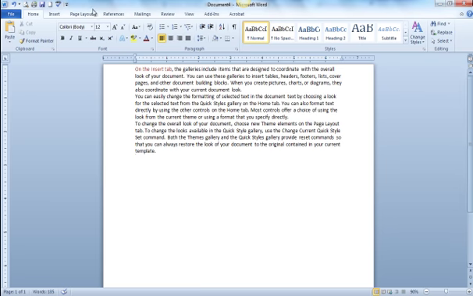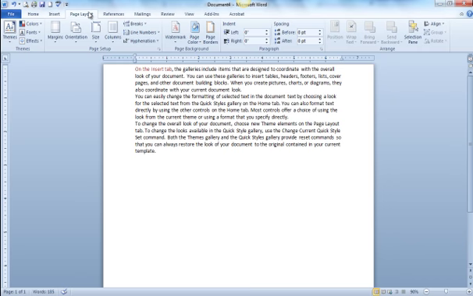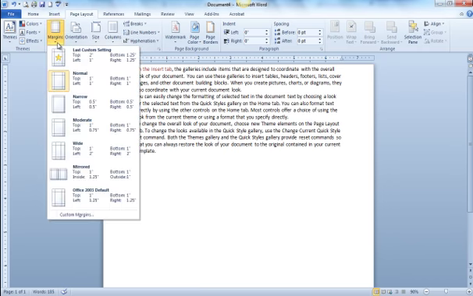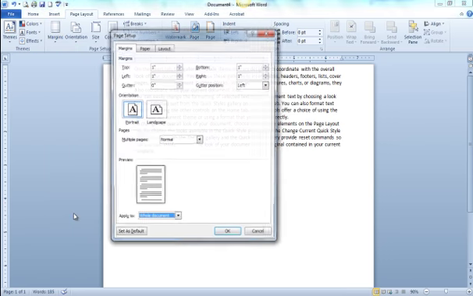So if I go to the page layout tab above the ribbon, first thing we're going to go through is the margins. If we pull down the margins, you're going to see there are some preset margins that you can select from. The default should be set at 1 inch all the way around, but we can also do custom margins, where